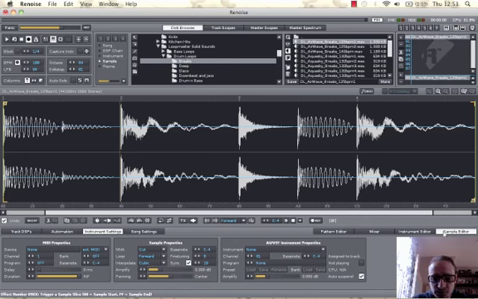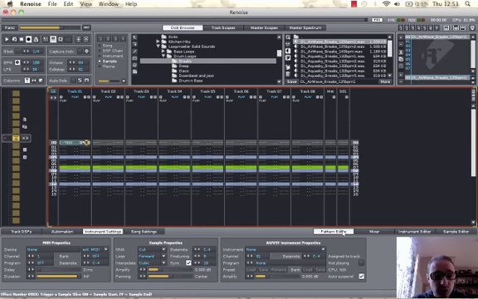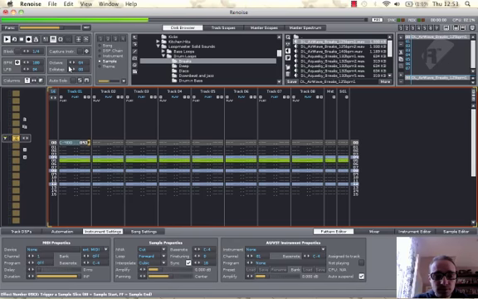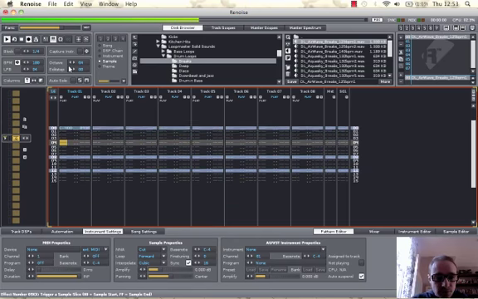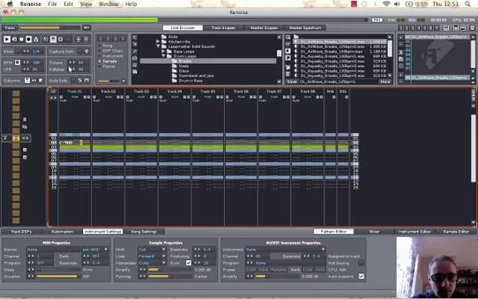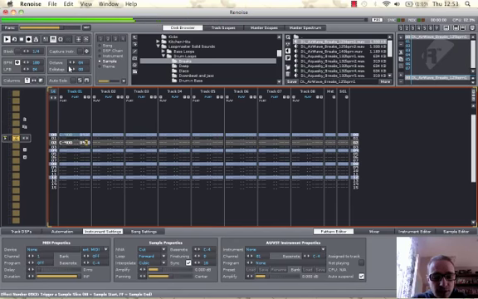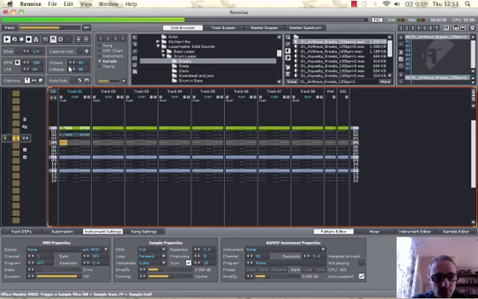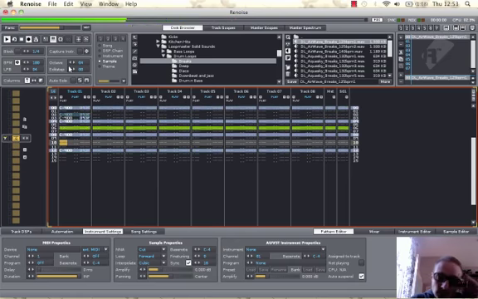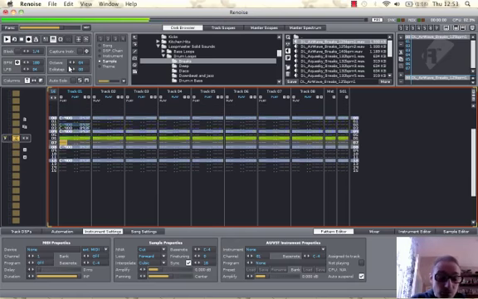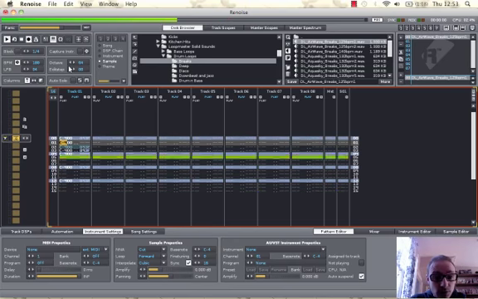Was it 1F? 3F. 1, 3, and let me remove the edit step, F. And now as you can see, every time it starts from the snare. If I enter again 9, 3F, okay, so